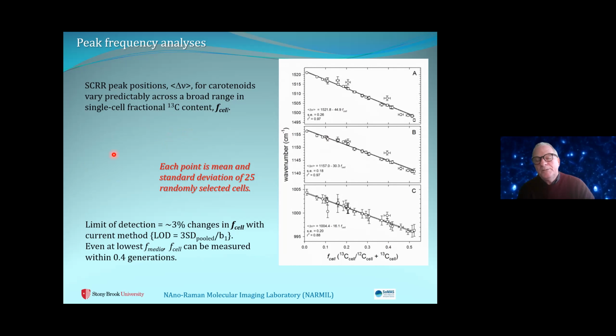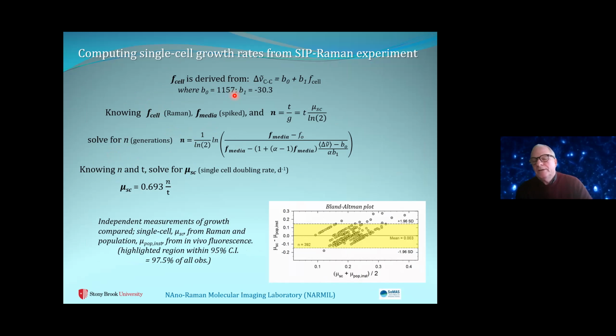We're not going to go through the math, but this is just to remind you that from the Raman spectral data, we can derive how isotopically heavy the cell is. And knowing how long it's been incubated, we can calculate the specific growth rate of single cells, each individual target. I'll remind you, data took 2 seconds to get for each cell. So the data throughput is pretty decent.